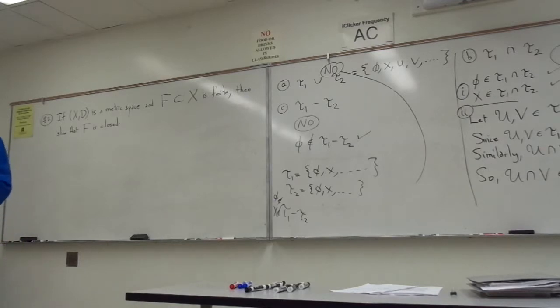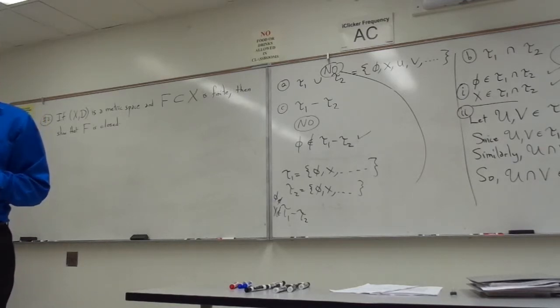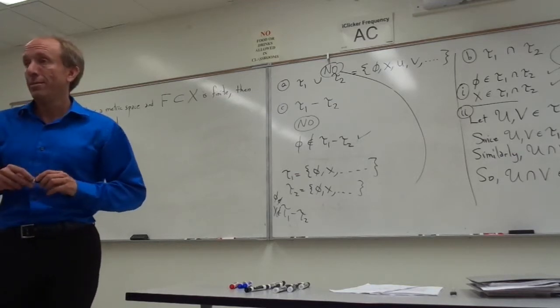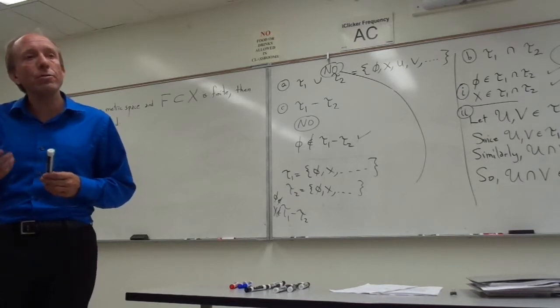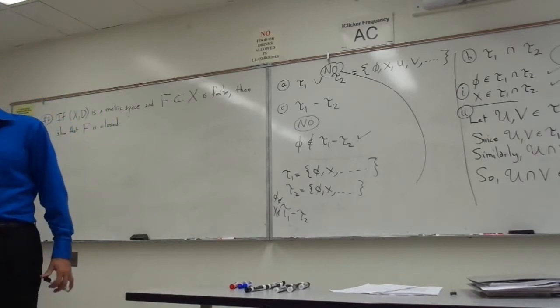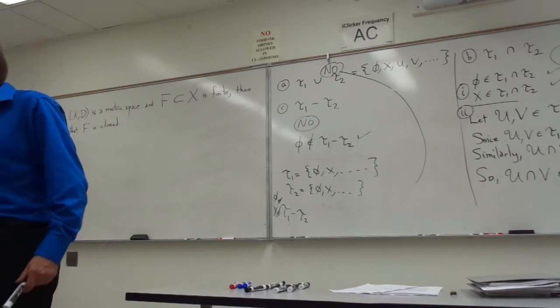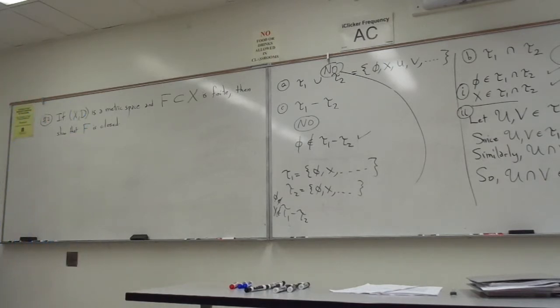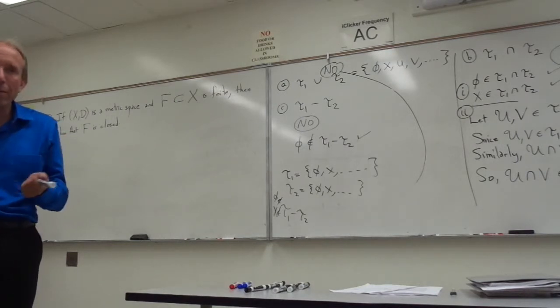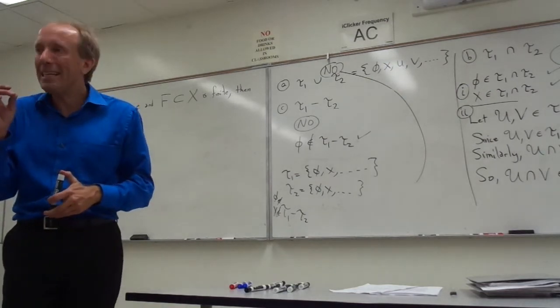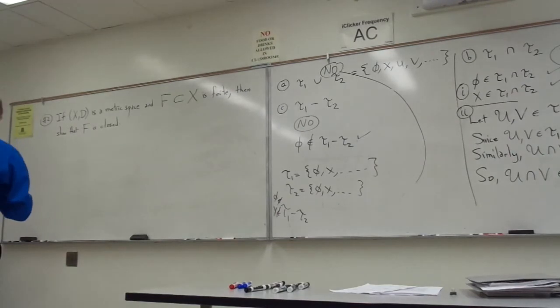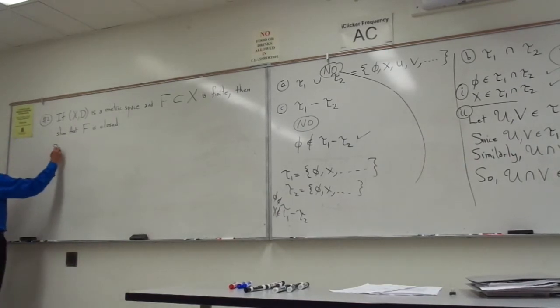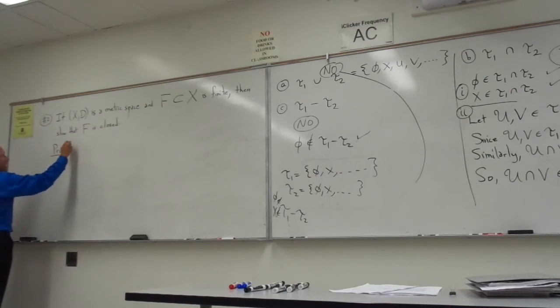Think about this. Any finite set is just a finite union of singletons. Right? The finite set is just a finite union of singletons. And remember that closed sets are preserved under finite unions. So if I can just show that a singleton is closed, it's going to be easier. That's why I'm doing that. If I try to just take the complement of F the way it is right now, it's going to be a little bit more messy. The idea will be basically the same, but it's cleaner and easier to just assume that F is a singleton. So for my proof here, I'm going to say that we prove this